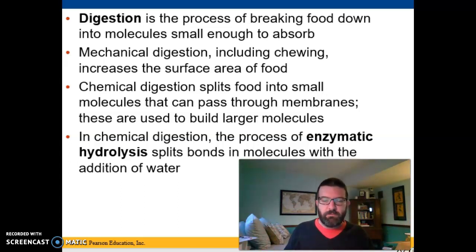And same thing with proteins, which are polypeptides. You break those peptide bonds until you get individual amino acids. This requires the help of enzymes because these are chemical reactions. And again, this happens more efficiently when you have chewed your food mechanically to increase the surface area. And remember, from 131, when you're breaking bonds like this between polymers, this is called hydrolysis, breaking of bonds with